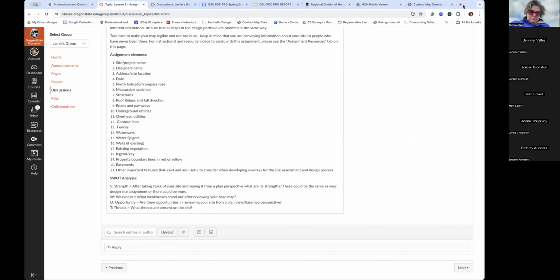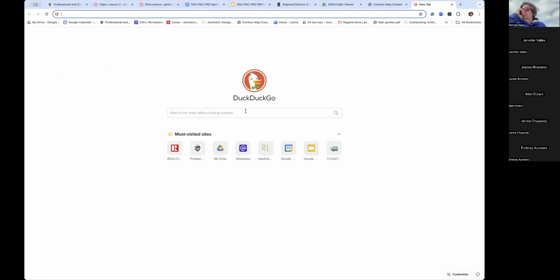A few things you might want to take into account: if you're not really comfortable with doing this on a computer, please just do it by hand. You can use grid paper, you could use any paper you want, and then you can use trace paper on top of that for all of your new layers. So that's a really easy way of doing it without having to dive into this whole new learning curve with software. But if you have an iPad,